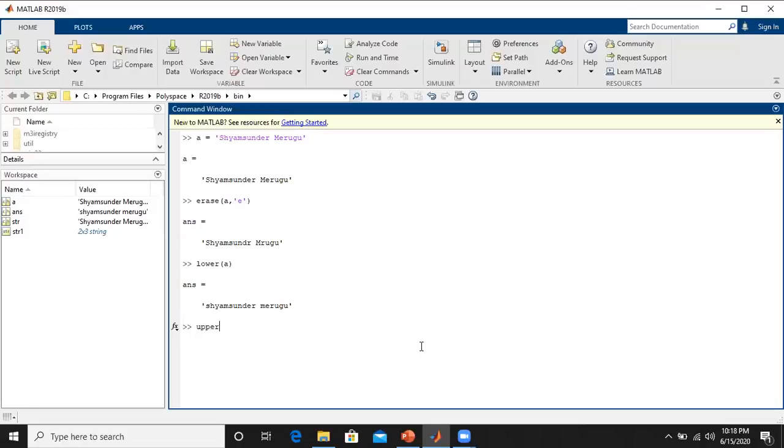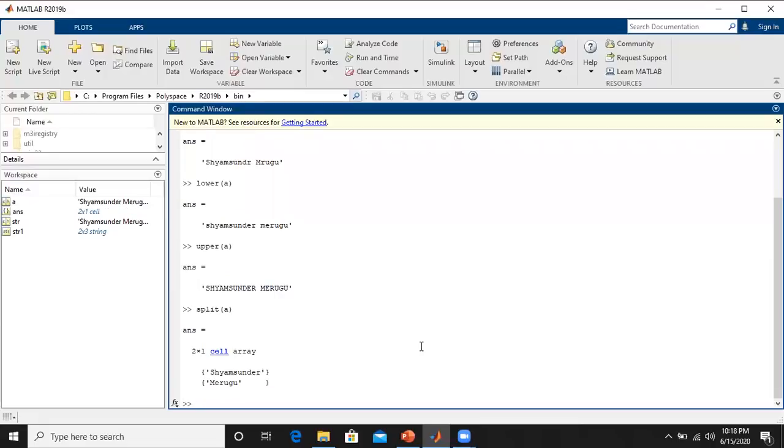If you want them to appear in capital letters, you type upper of A, and the entire string is converted into capital letters. We can also split the string using the command split with the variable, so Shyam Sundar Merugu is split into words.